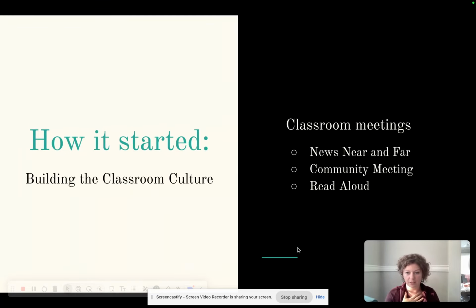So how I started my culture: when I first started, I only had 7 students to begin with, and we grew to over 20 over the course of a few years. One thing to think about is that the way that children can learn to present is by starting small and just having a lot of opportunities to come together as a community. But not in the middle of the work period.